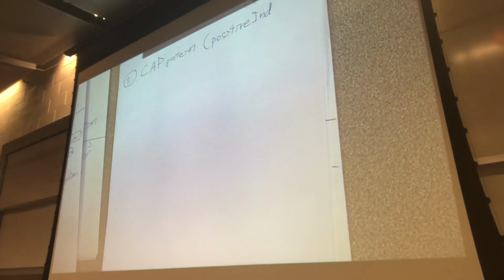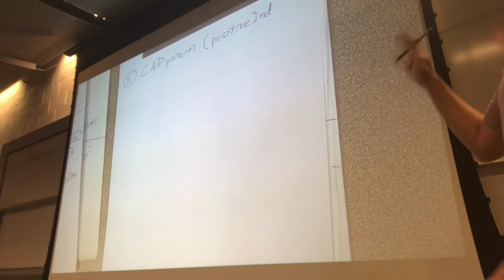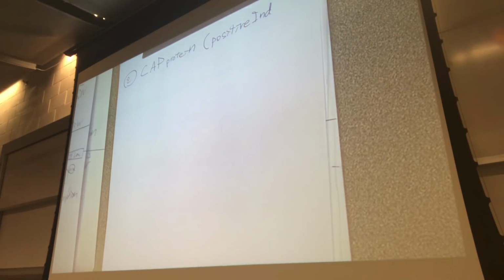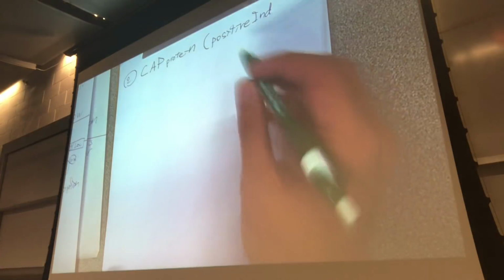Yes? This is, for the Lac Operon, if it ends up being the extra credit, you need to describe both of these things, both the first part and the second part. You have to explain both of them. All right. Because they're both necessary for regulation of the Lac Operon. So positive